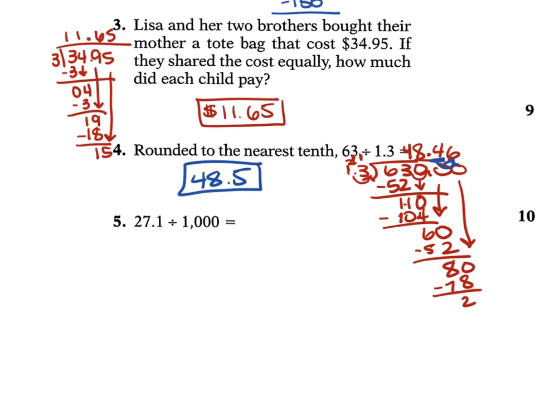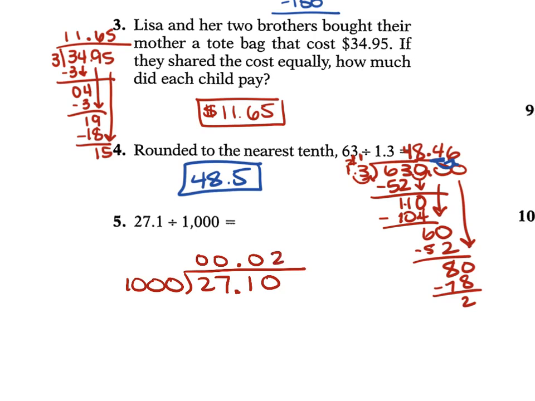For 5, we have 27.1 divided by 1,000. So that 1,000 goes on the outside, the 27.1 goes on the inside. If I bring up my decimal point, 1,000 doesn't go into 2. 1,000 doesn't go into 27. 1,000 does not go into 271. I added 0. 1,000 goes into